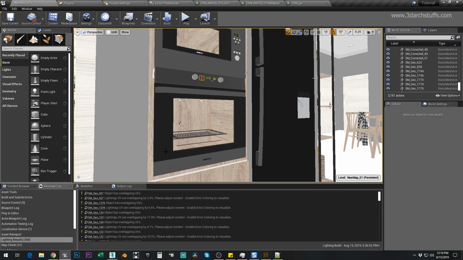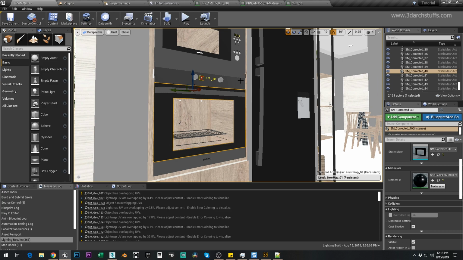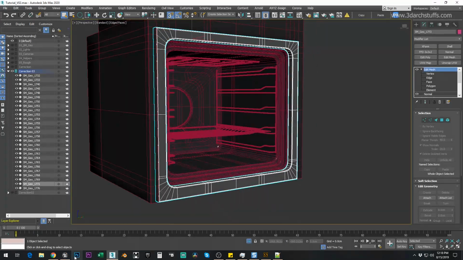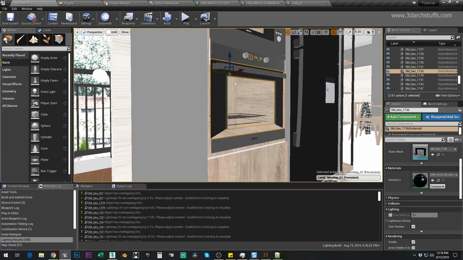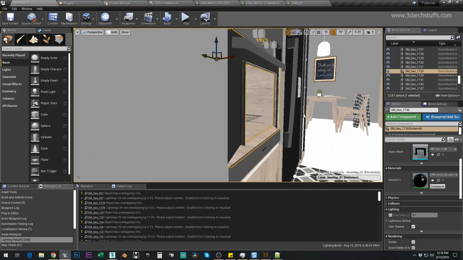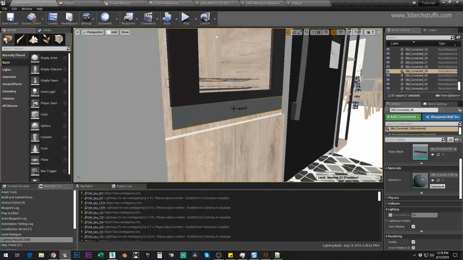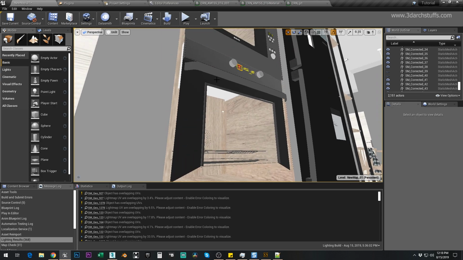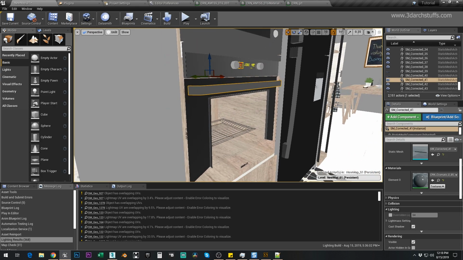Control H, 1772. Yeah, 17. Hide it. So I think that has been already deleted,